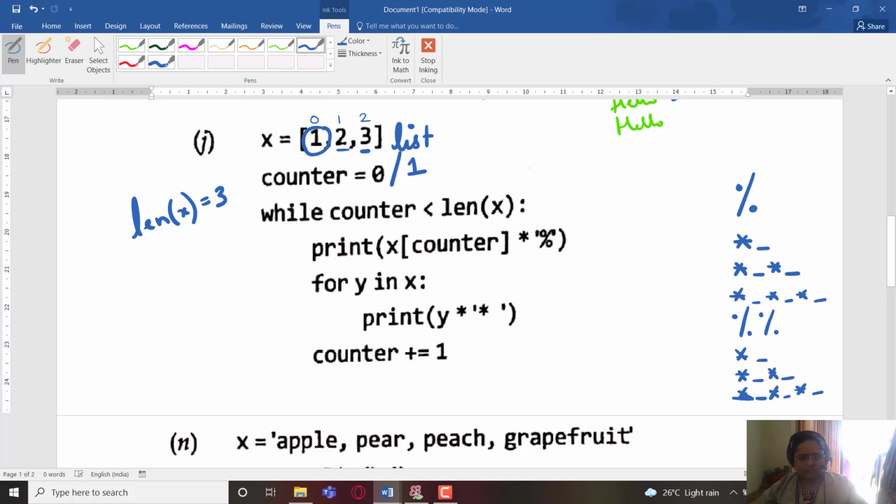So this will be repeated once again. Okay, and the third time it is, now it is 2. 2 is still less than 3. So now I am writing the next line after this over here. Now this percentage will be repeated thrice because X counter is what? 3, and this whole thing will be printed as it is because there is no change in this. It's the same piece of code.